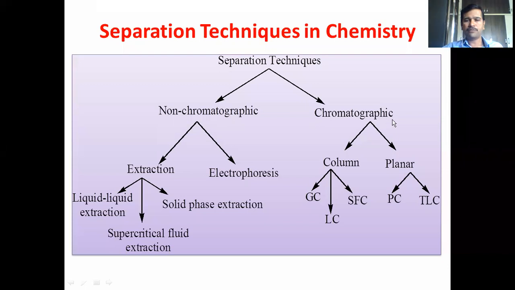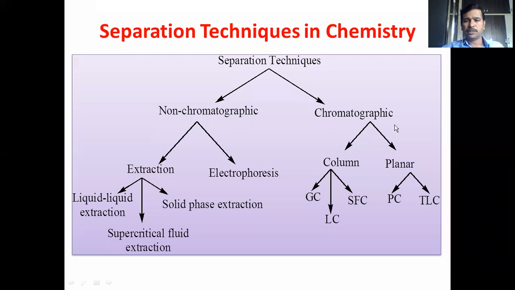One will be the stationary phase and one will be the mobile phase. The analyte will be made to interact with the stationary phase, and the mobile phase will be carrying the analytes which are present in the sample. So the mobile phase will also be known as carrier phase or carrier gas or carrier liquid, whatever it is. You will understand the principle of chromatographic techniques when we come to chromatographic techniques. The definition and principle you will be realizing very clearly.